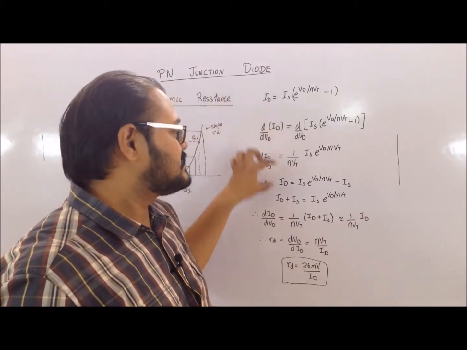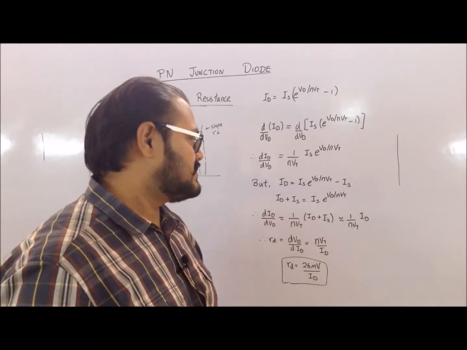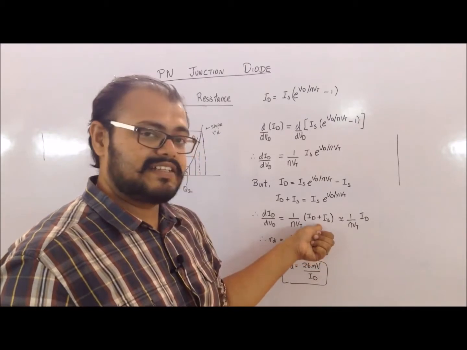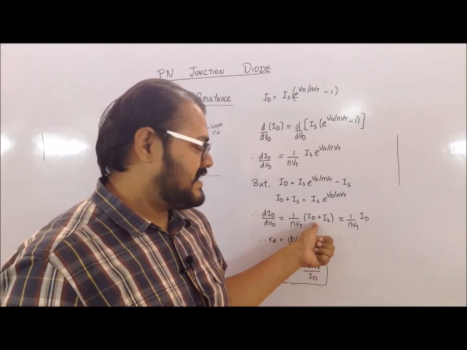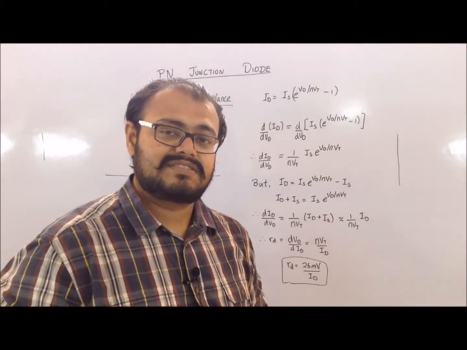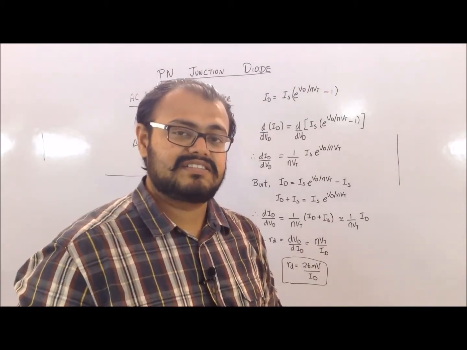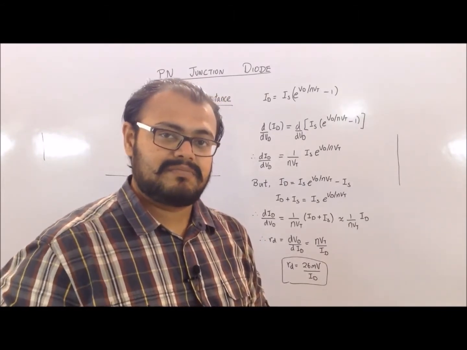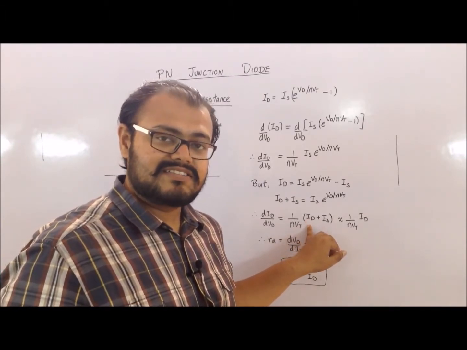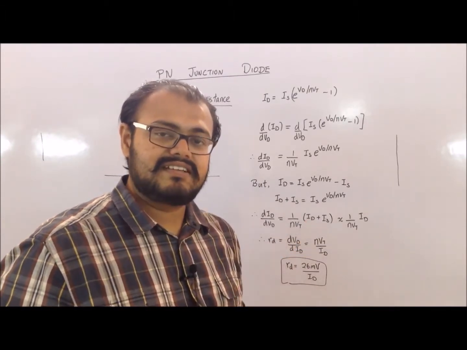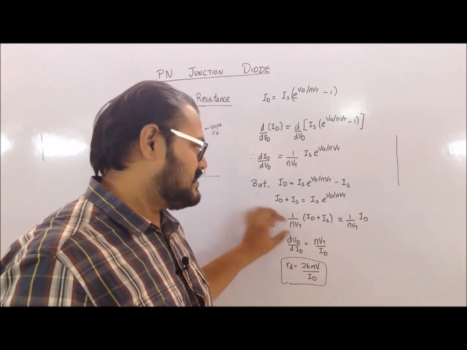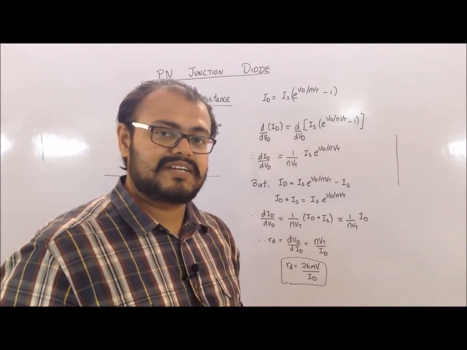Now if I consider this equation again, I just open the brackets, I see that Id plus Is is basically this factor. So I am substituting that over here. But in this, my ID value is going to be more than that of the IS. As we can recollect that saturation current has a value in the ranges of nano and microamperes, while in the case of my ID, the value is in the ranges of milliamperes. So I can just approximate this particular relation with 1 upon nVt into ID.